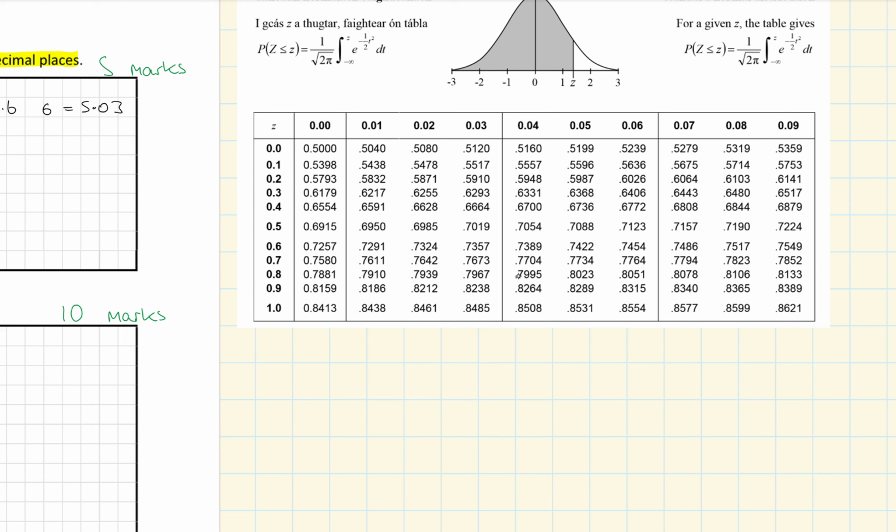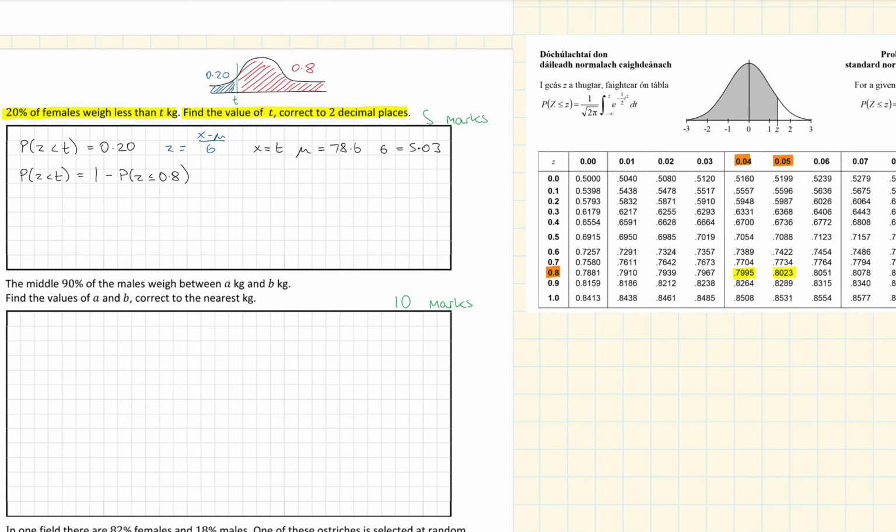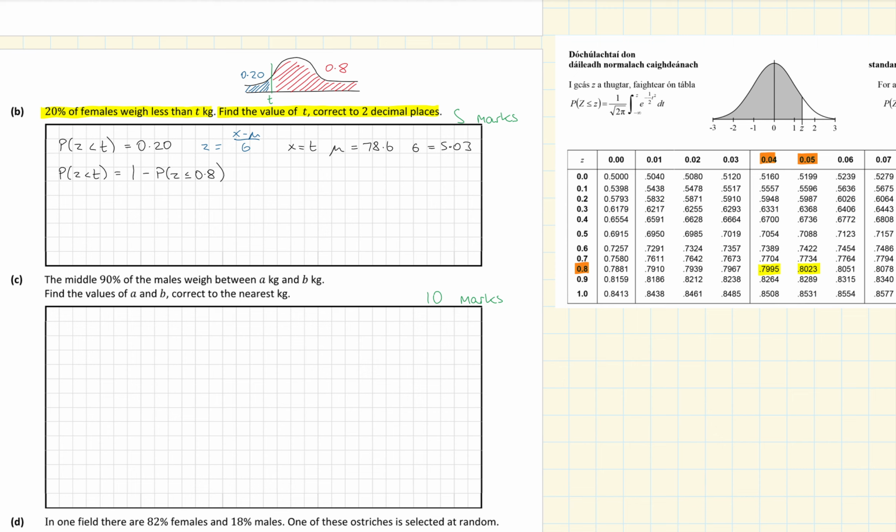Now we're pretty close here and we've just gone past 0.8. So what we'll do then is we'll take both of these values and work with them, and then between the two answers we'll have a more accurate result. So that gives us back that Z is equal to